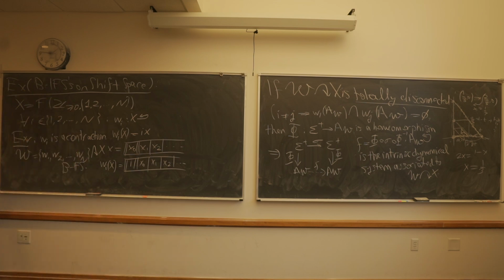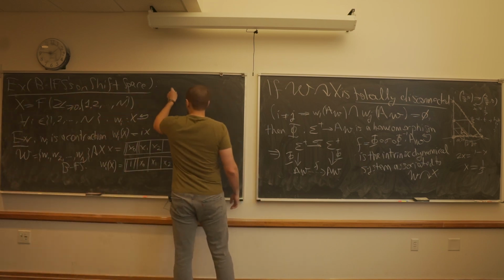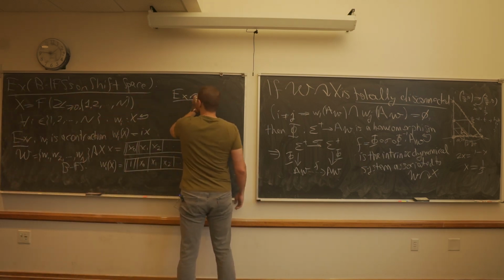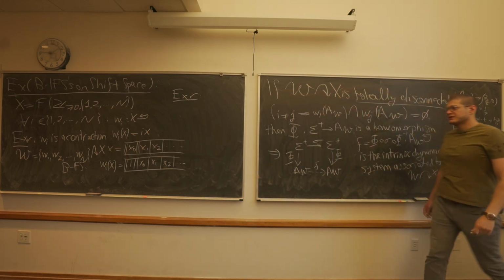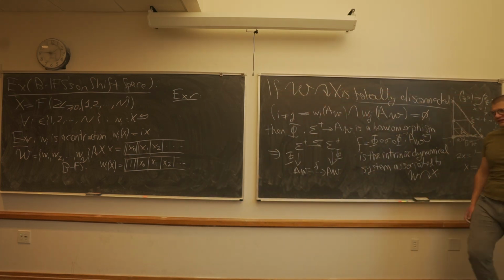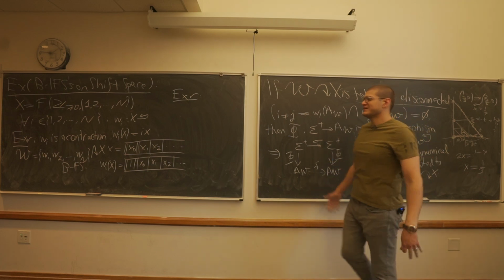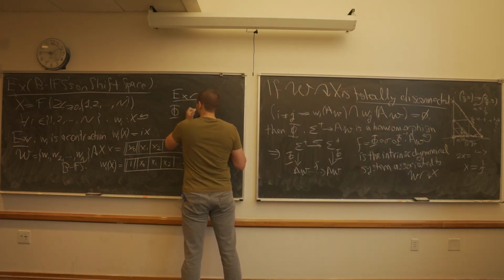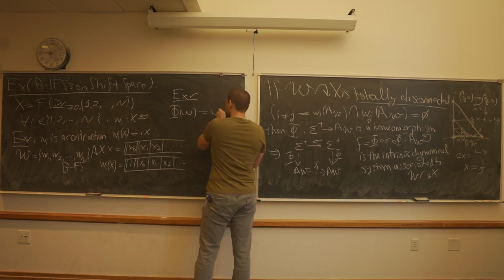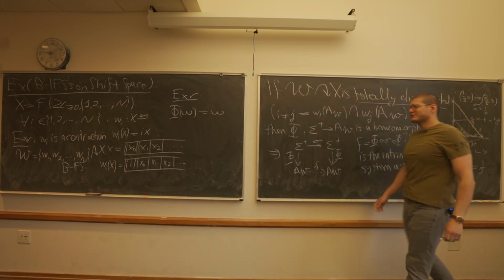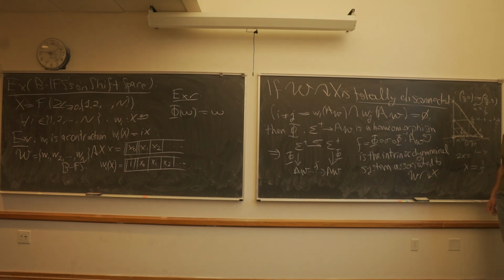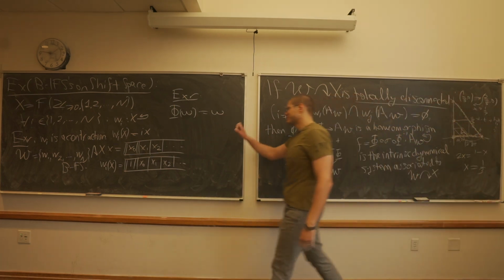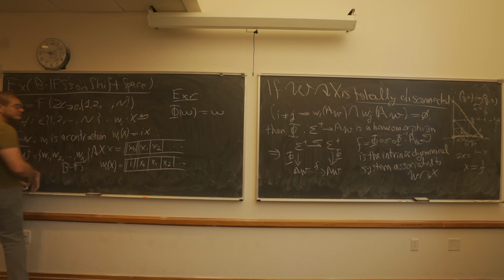And furthermore, in this case, we have again coding, and that's going to be the last thing I'm going to say today. Phi, this Hutchinson coding, it's an exercise, which is very good, is that the Hutchinson coding, in this case, is going to be nothing but the identity function. So you get to code the shift space by itself, by not doing anything. It's kind of bizarre to say this, but in math you have to include these kind of situations. Okay? These are nice exercises.